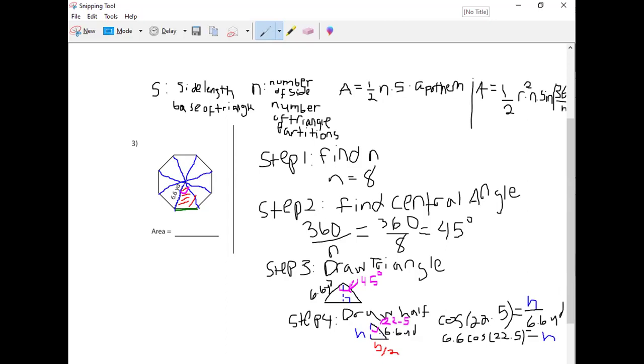We know the hypotenuse. So what relates opposite and hypotenuse? If you said sine, good job. First set up the ratio: sine of your angle equals opposite over hypotenuse. So I'm going to say sine of 22.5